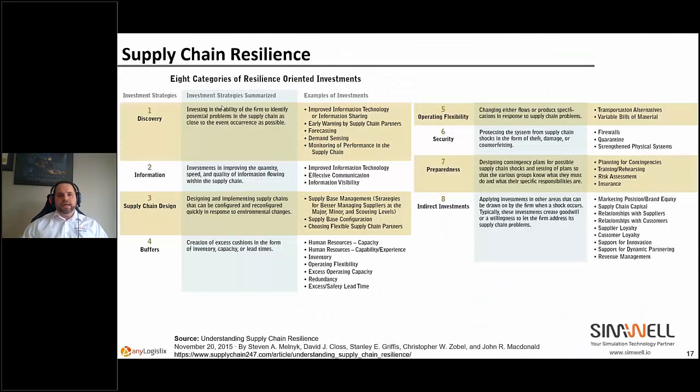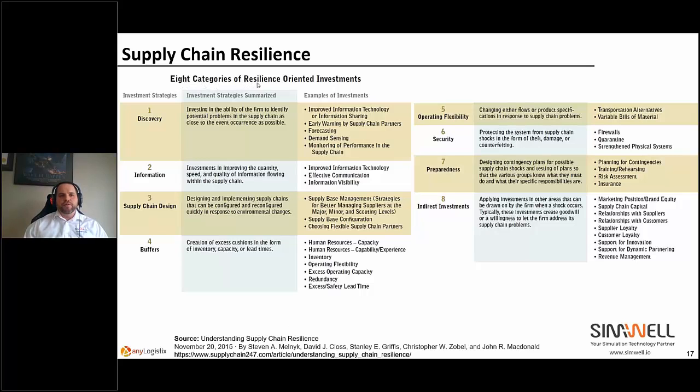So one of the topics that is getting more and more important these days, or triggering more and more interest by supply chain analysts and decision makers, is supply chain resilience, right? And doing some research on the subject, I found this very interesting table taken from this specific article here, and I recommend you go and read that after this webinar when you get a chance.